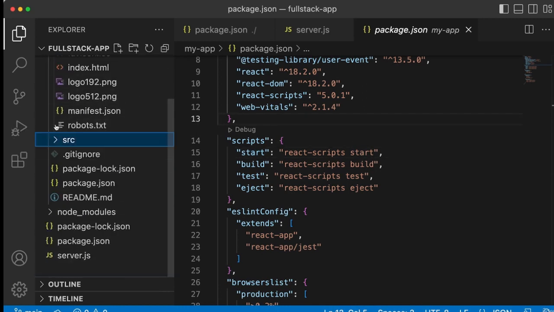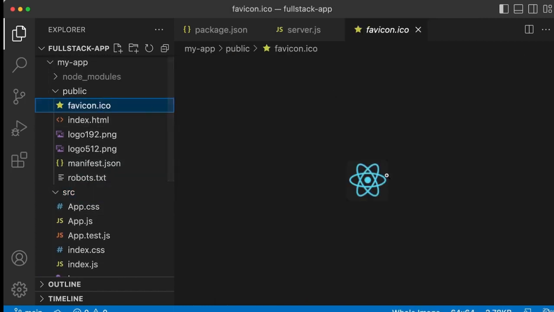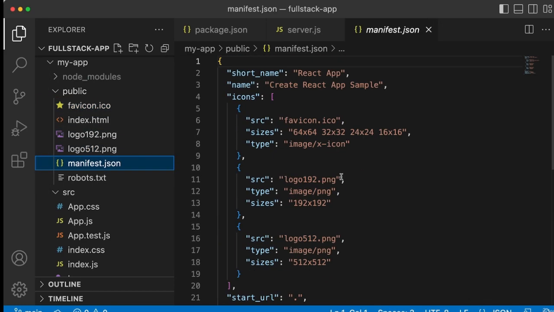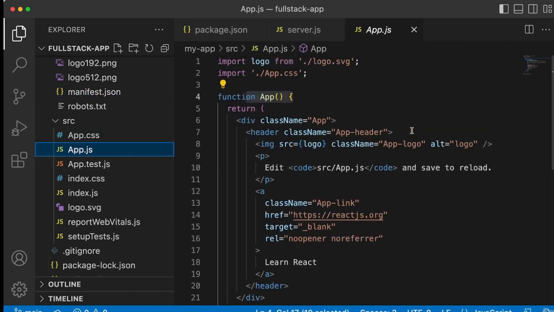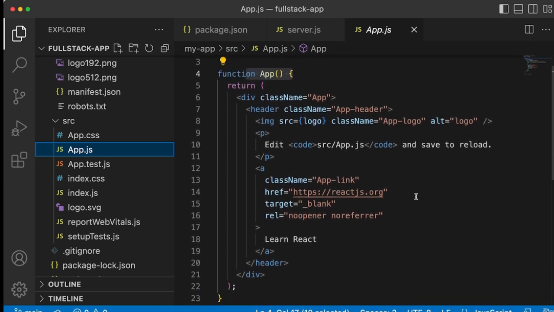This is what all these files are. And if we check here, we see a favicon icon. That's that icon that's spinning around. We have these logos, manifest JSON. And then I want to put your attention towards this app.js file. And we see this function and we see all this other stuff. Now, what I could do, just to show you,